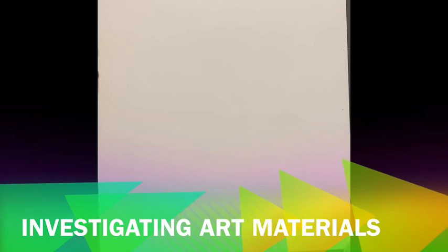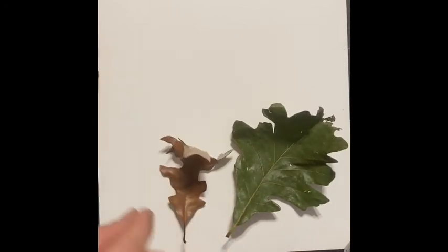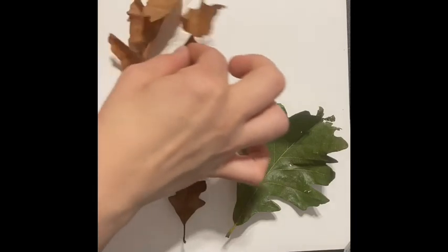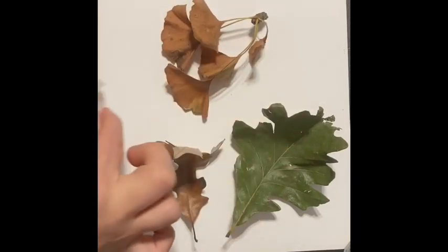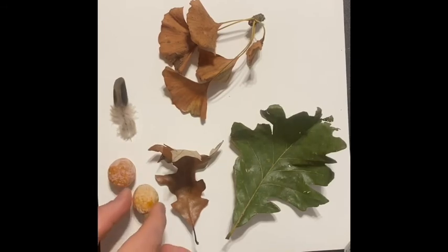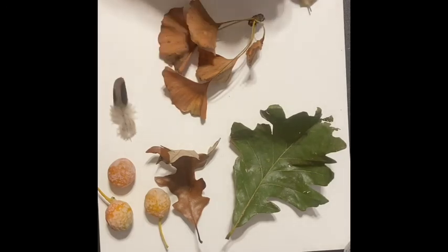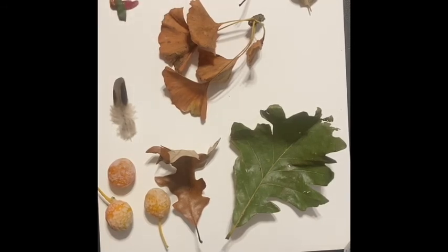Now, we just had a little adventure of going outside and finding some interesting things in nature. So this week we're thinking about art in different kinds of ways and making observations about the world around us. It kind of feels like thinking like a scientist and thinking like an artist all at once, which is kind of fun. So if you notice, I have all these things that I've found, and I can do a couple